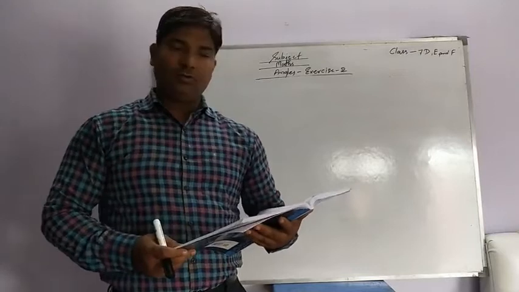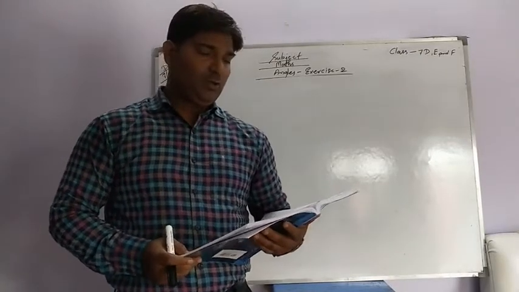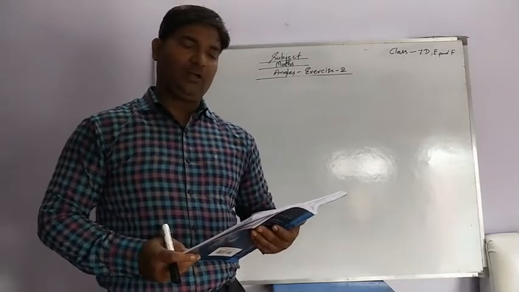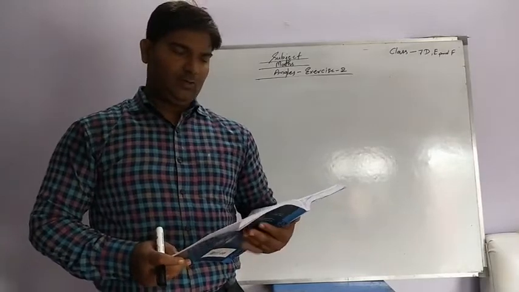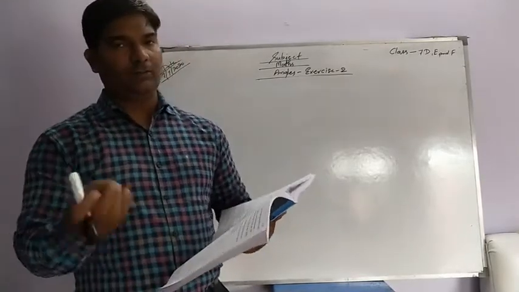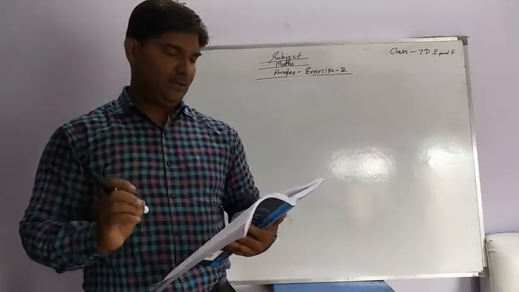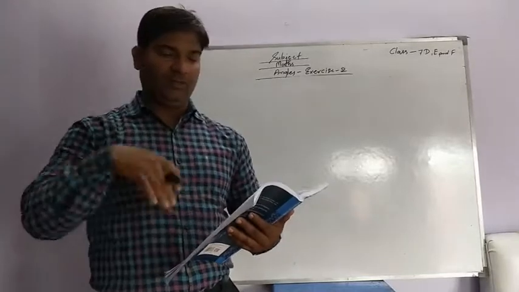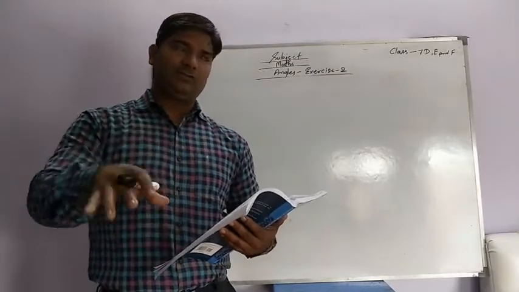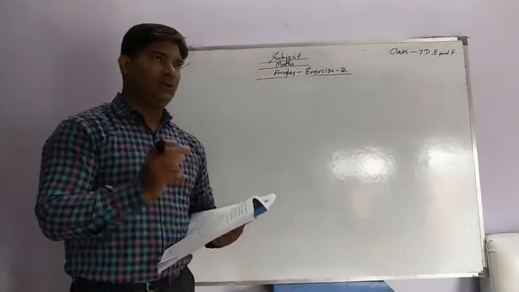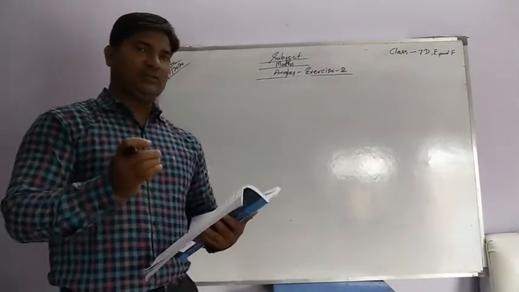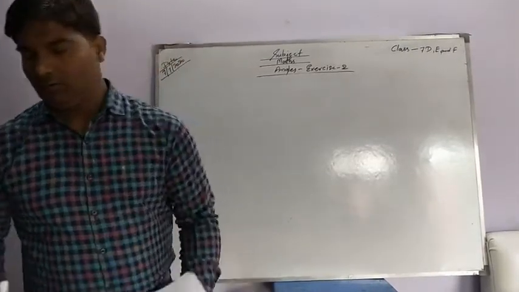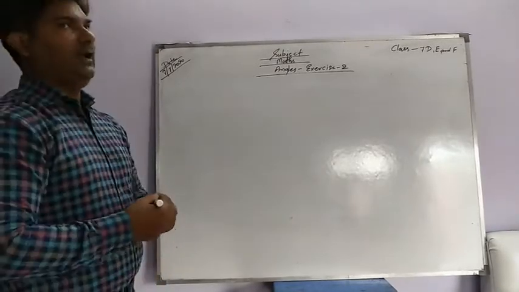Now look, question number 9, the first part of this one. Two angles are supplementary angles. If one of them is 1/3 of the other, then find the angles. By the definition of supplementary angles, the sum of two angles is equal to 180 degrees. In this question it is given that one of them is 1/3 of the other. Like the previous question, we suppose the other angle to be x. Since one angle is 1/3 of the other, the one angle is equal to x by 3.